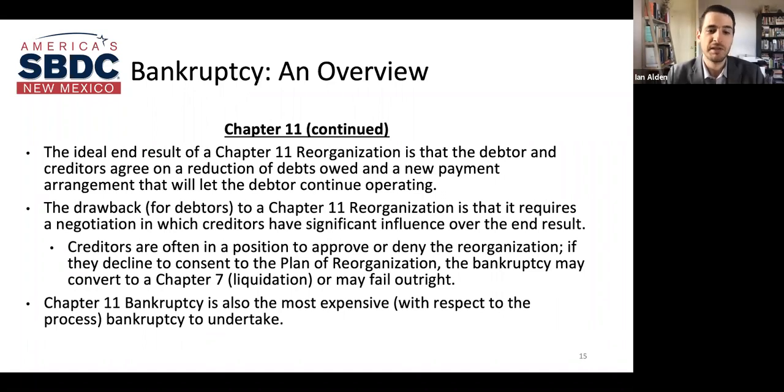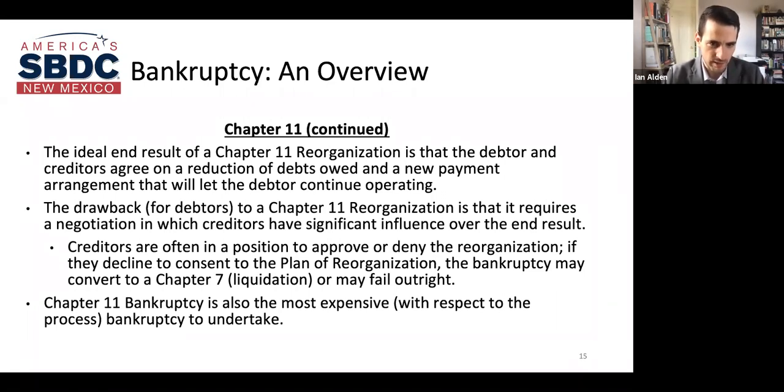The creditors can submit their own plan of reorganization in a Chapter 11. So if they think the debtor has assets that should be used a certain way and the debtor isn't willing to propose it, the creditors can. This all goes in front of the trustee and ultimately the court, who would have to approve the plan of reorganization. There's some reasons why a plan of reorganization might not be approved, particularly if